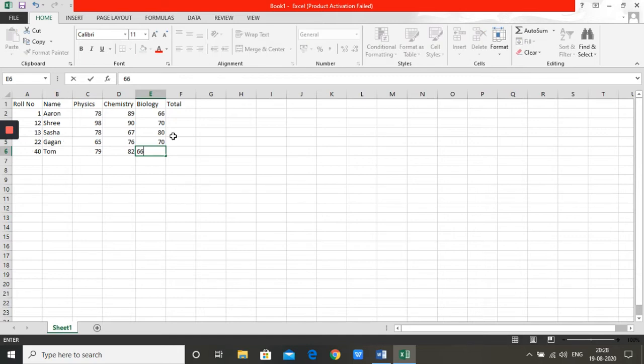Fine. Now, when we need to calculate total, there are many ways of doing it. You can use a formula, you can use a function, but we have started Excel from the basics. You are still in your baby steps. So I had particularly asked you to do it using the plus sign and using the formula.